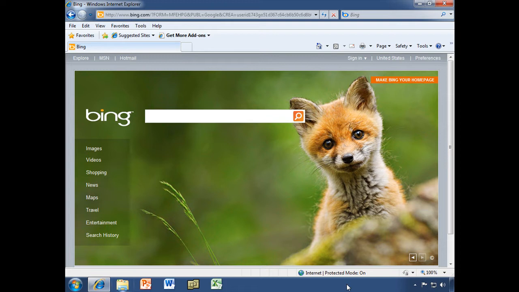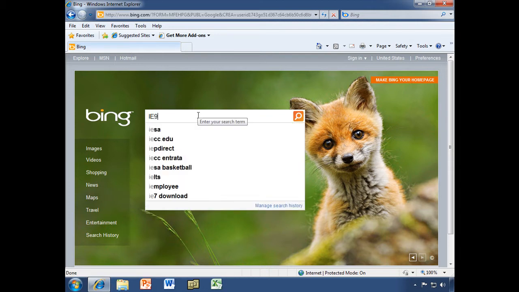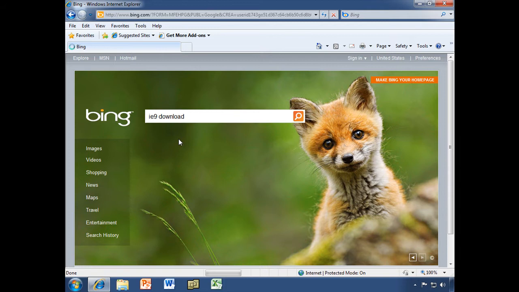Right now, I'm using Internet Explorer 8, and I have the Bing homepage up, and we'll use their search engine to find where we can download IE9, but of course, you can use any search engine you prefer. I'm going to go right here, and in my search box, I will simply type IE9, and look at that. My second choice is IE9 download. Let's click there,